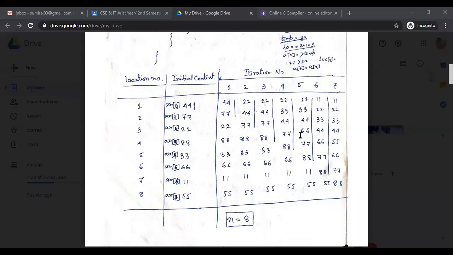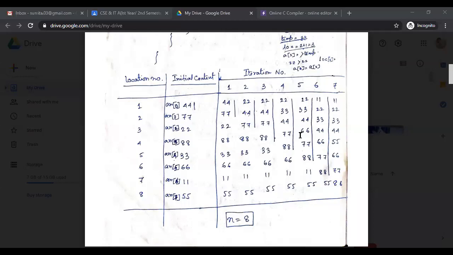When the inner loop is executed, one comparison is done. I am not talking about insertion sort. In case of bubble sort, when we execute the inner loop, we compare two adjacent elements at a time. What is the meaning of that? Meaning that we check whether A0 is greater than A1.